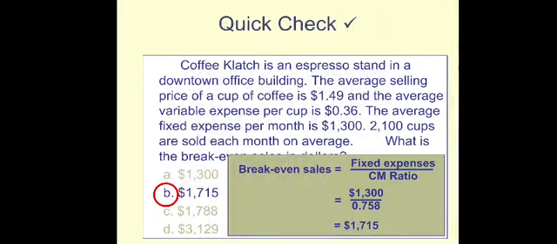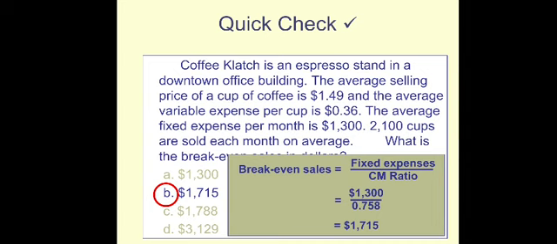I think the question uses the contribution margin method. So the formula to calculate break-even point in terms of dollar sales equals fixed expenses divided by CM ratio. The fixed expenses is $1,300 per month, and then the CM ratio,